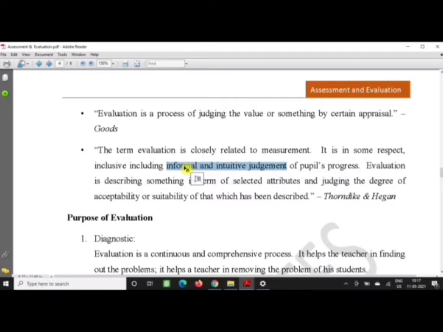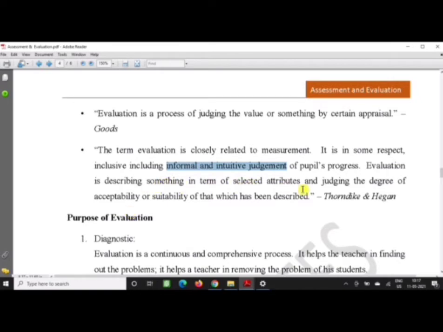These may be totally informal or intuitive, because when teachers just observe a child, there may be a chance of bias. These observations are subjective in nature, so it totally depends on the intuition of the teacher. So informal and intuitive judgments can also be involved in evaluation.